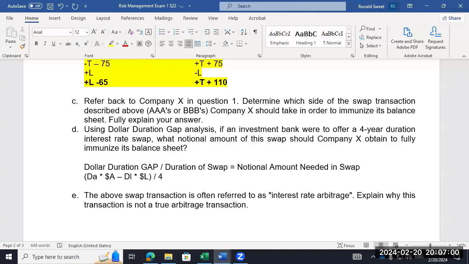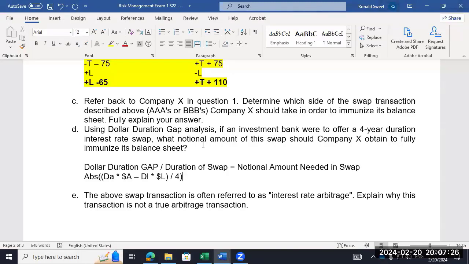And remember, you can ignore the plus and minus sign. If you get a negative number, take the absolute value of that, it's really what we're after. A negative or positive does tell you whether you want to be on the floating or fixed side, but you've already determined that in the previous question. So here you just need the notional. You've already told them you want floating for fixed or fixed for floating. Now we just need the notional.